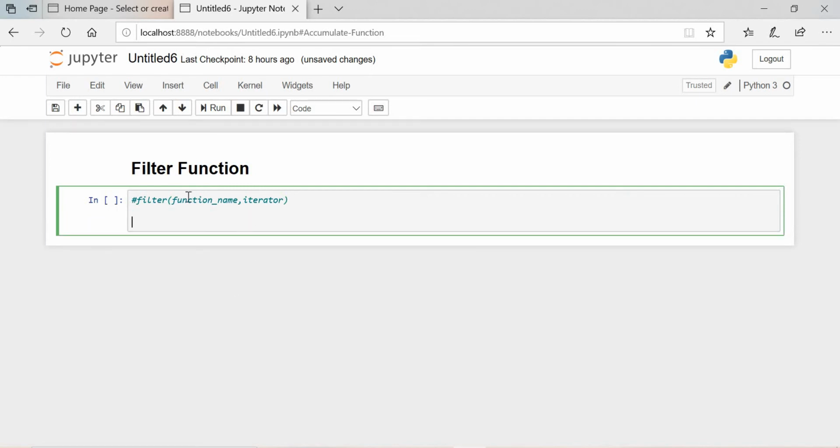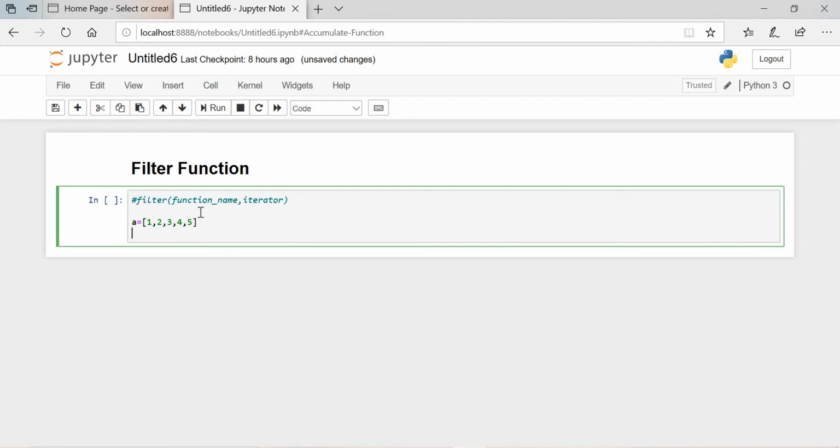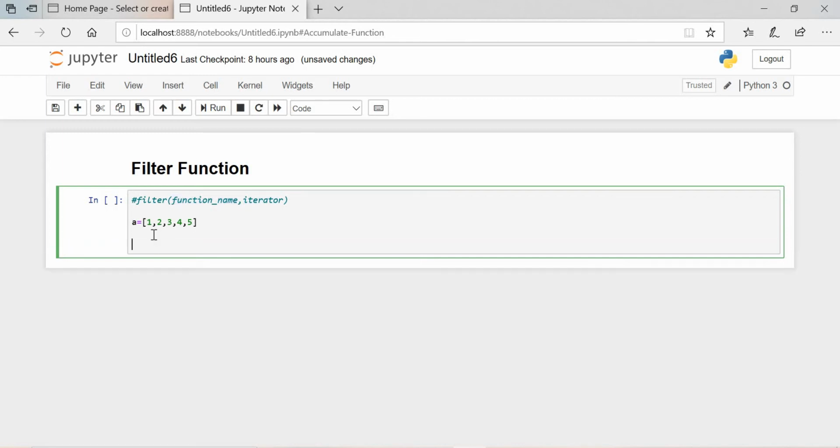See what we need here, that is function name and iterator. First we'll create one iterator. We'll create one list. Right, okay, we have created this list, that is the iterator. One more thing we need, that is the function name. In a user defined function we create the function name with def.